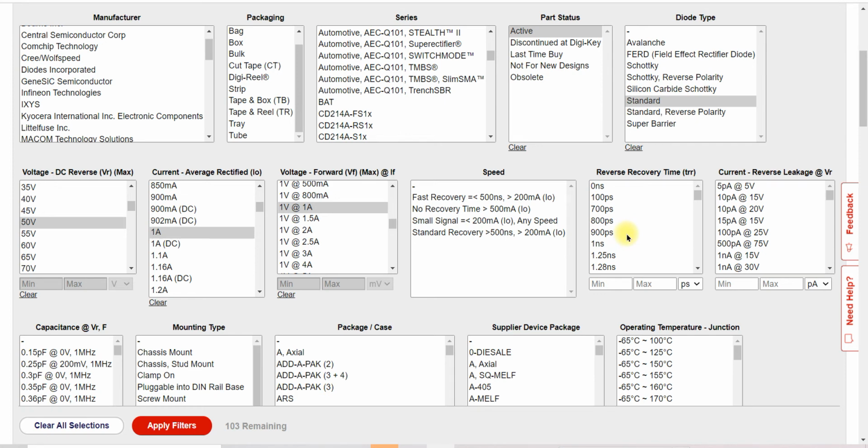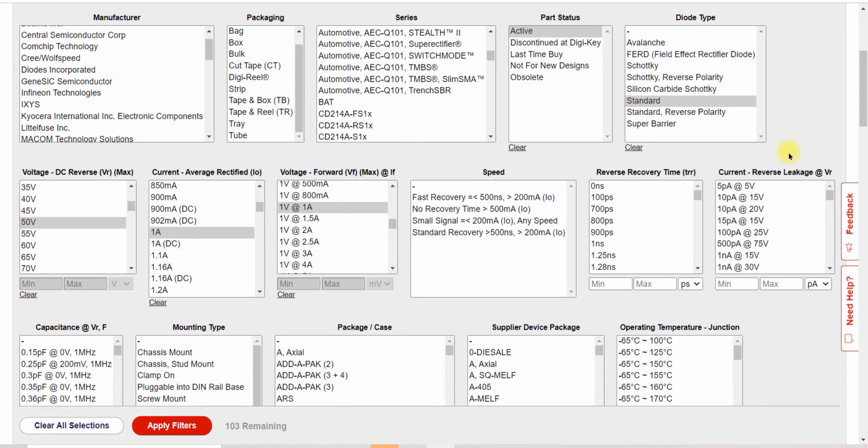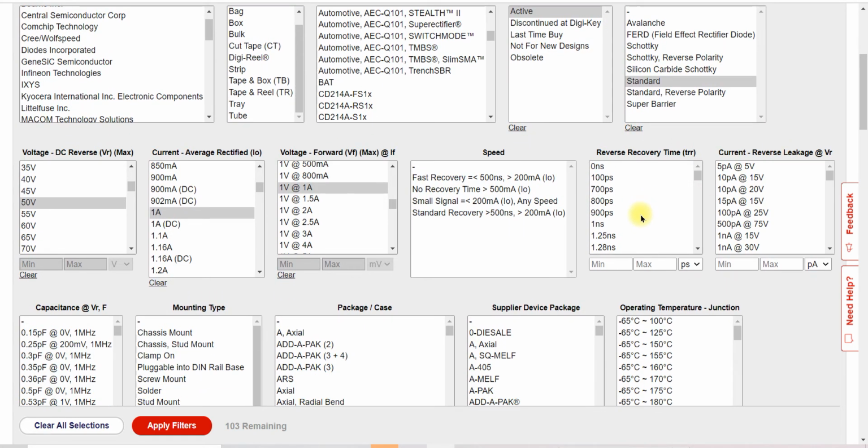There is a capacitance in the diode, so when the diode goes from on to off, the capacitor takes some time for discharging. It should be minimum for high frequency applications, and a Schottky diode has a smaller time than a simple diode.